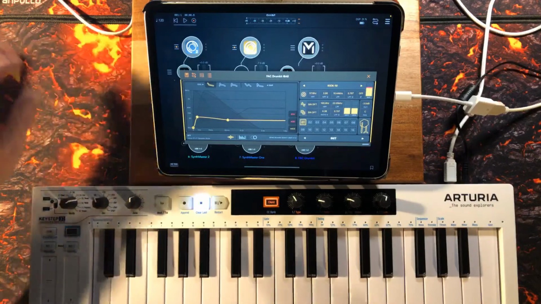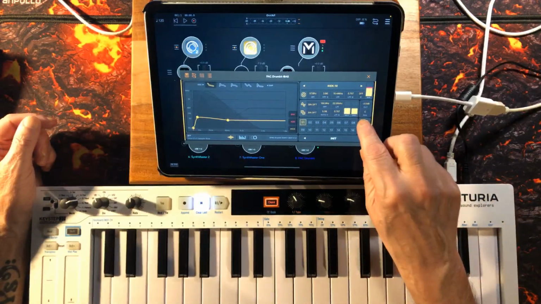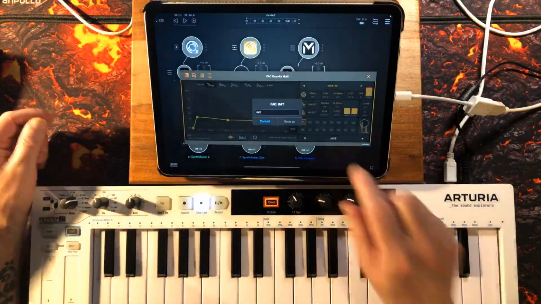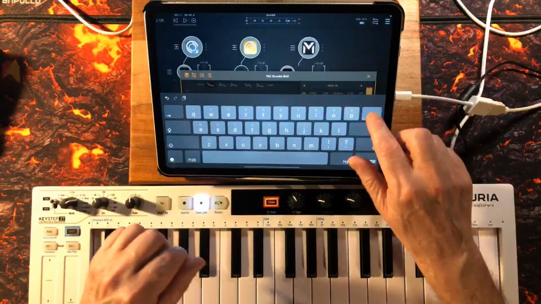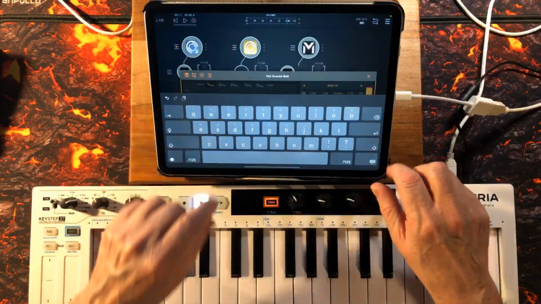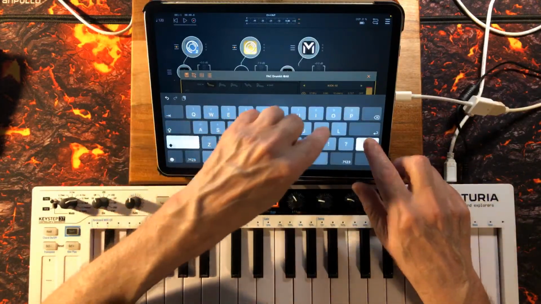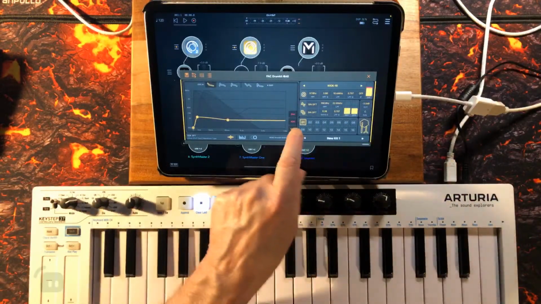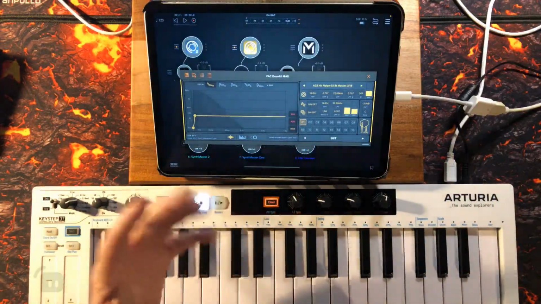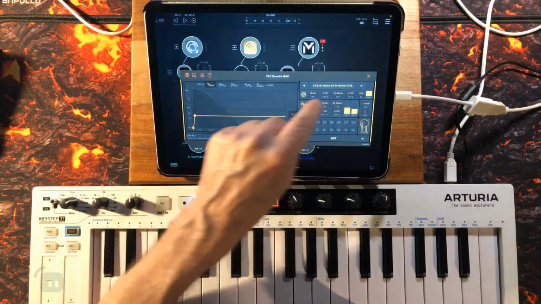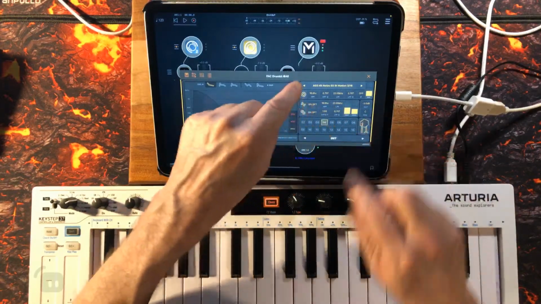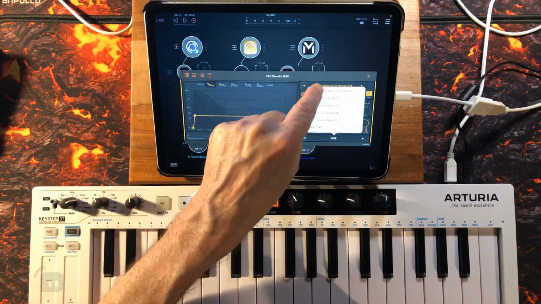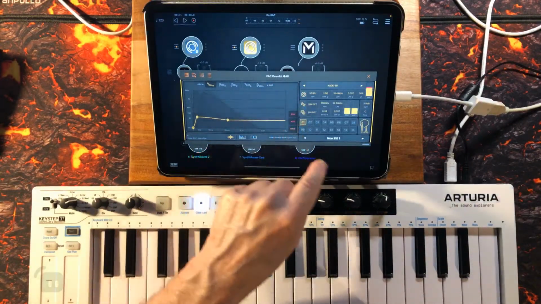So that would be quite good. That will cut through as a kick. And then of course you can go in and save your thing as new kit. We'll just call this new kit 1, enter. So we've got new kit 1 now, and we could go back to our initial, which is completely the same. Or we could load our new kit, user kit 1, here we go,